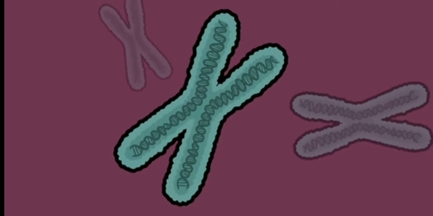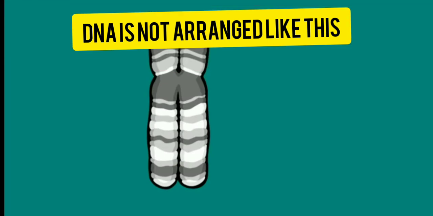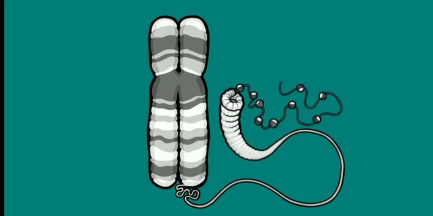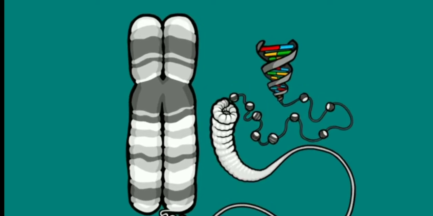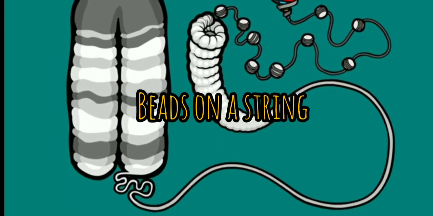Now see, DNA is tightly packed inside the chromosome. If you start uncoiling the chromosome, you will find a thread-like structure which is known as chromatin fiber, which is further divided into a beads on a string structure with the help of histone protein, and then you can see the DNA.